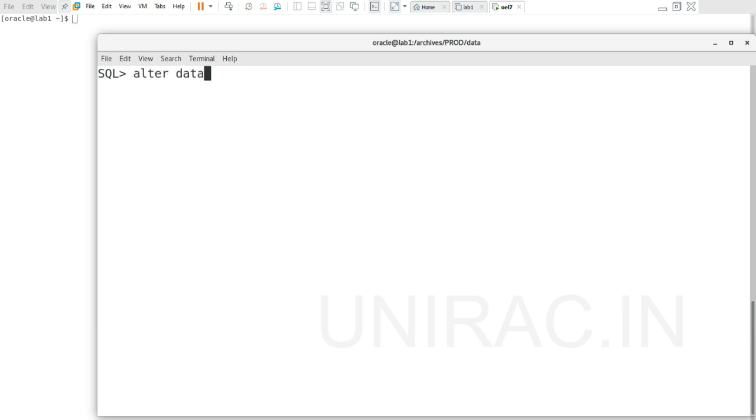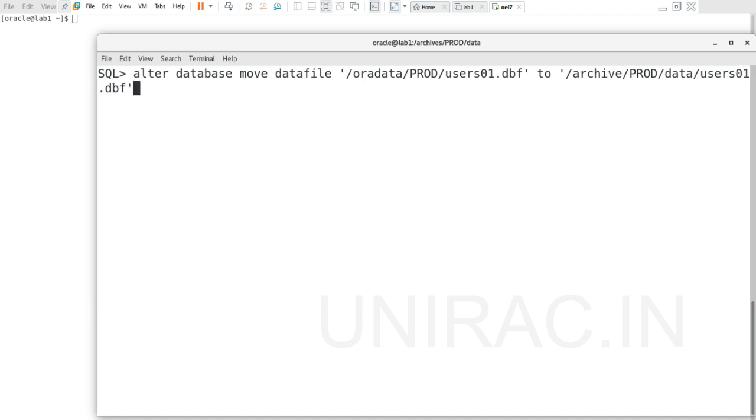Using alter database move datafile. The command is alter database move datafile from your Aura Data existing path, users01.dbf, to the target location /archive/prod/data, users01.dbf.